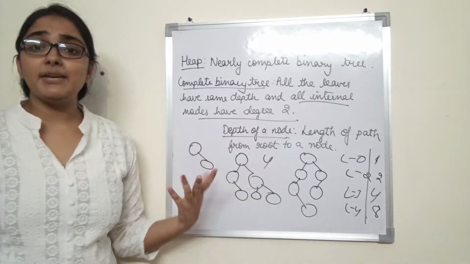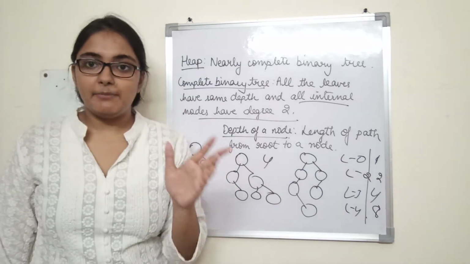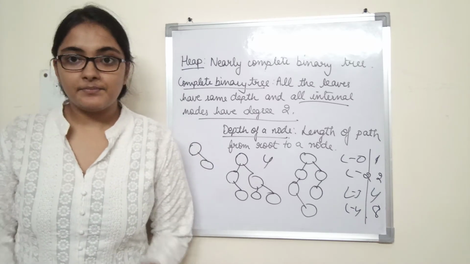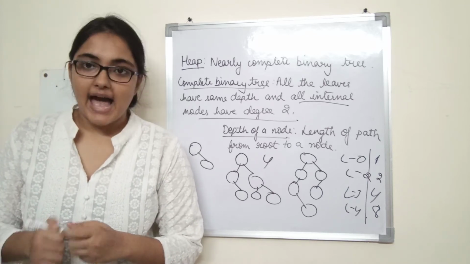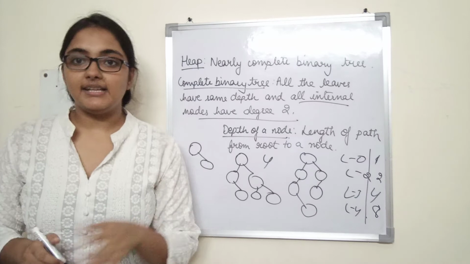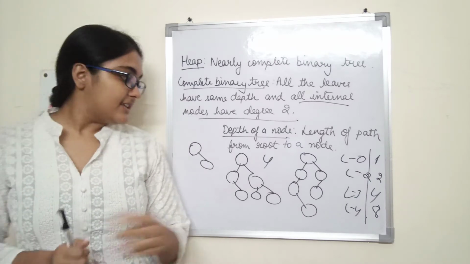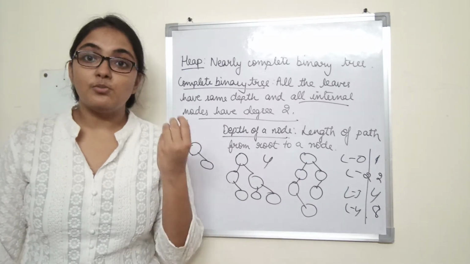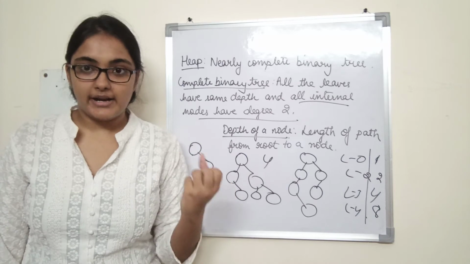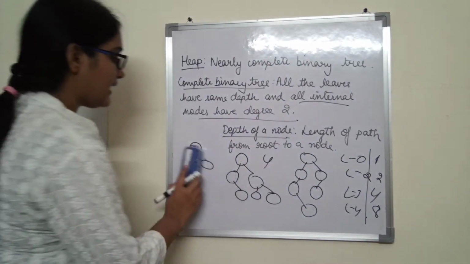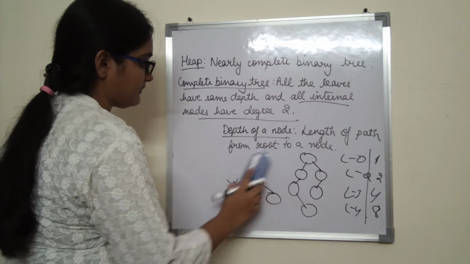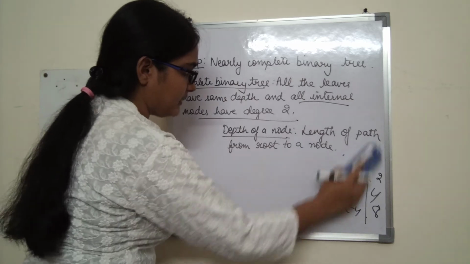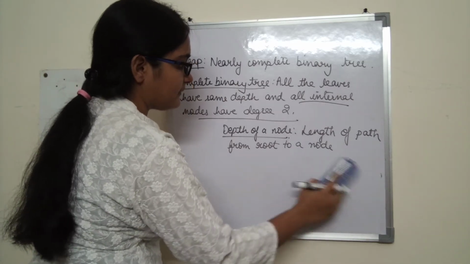A heap is a nearly complete binary tree, and we implement it using the data structure called an array and not using structures. What do we use? We use arrays, and not any other structure. Why? Because it is a nearly complete binary tree, and saving this in an array would lead to more efficient space utilization. Let me define more terms and then I'll take an example of how it is stored in an array.